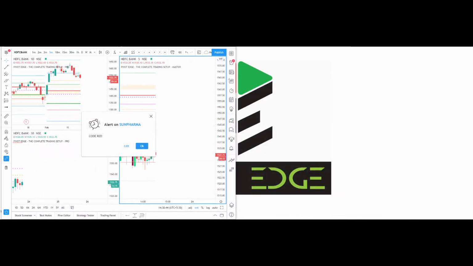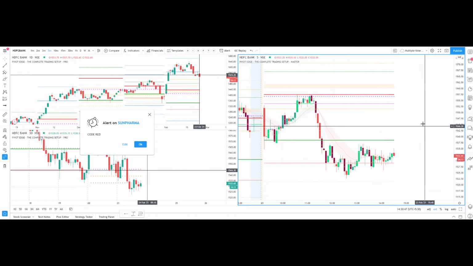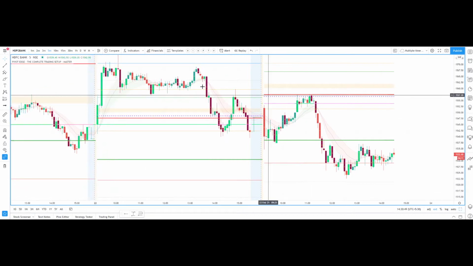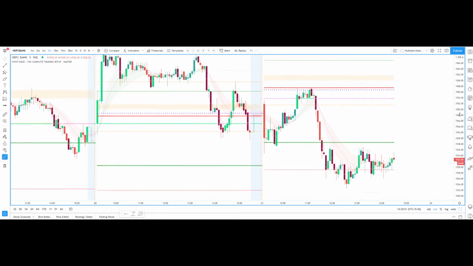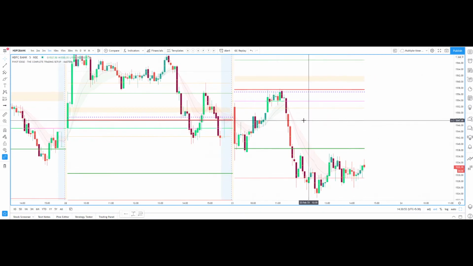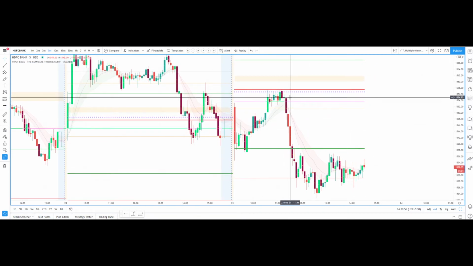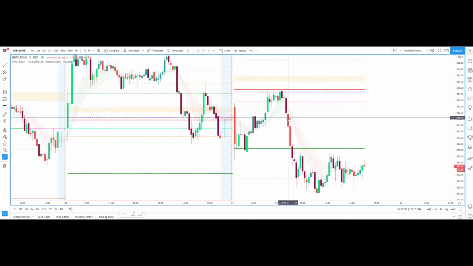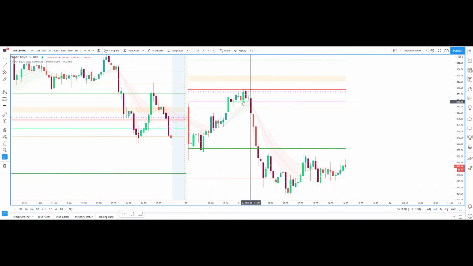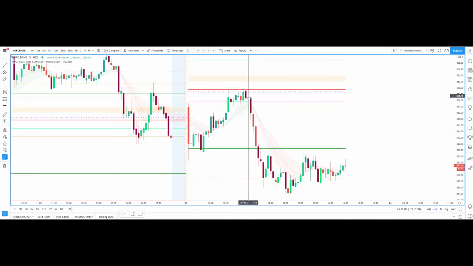So on TradingView, let us see the chart. On HDFC Bank, you can see this is the candle I took the trade. Actually I was traveling for the last 2-3 days, and I did not trade yesterday also. So today I came to my system very late. I just logged in and I saw a few trading possibilities.